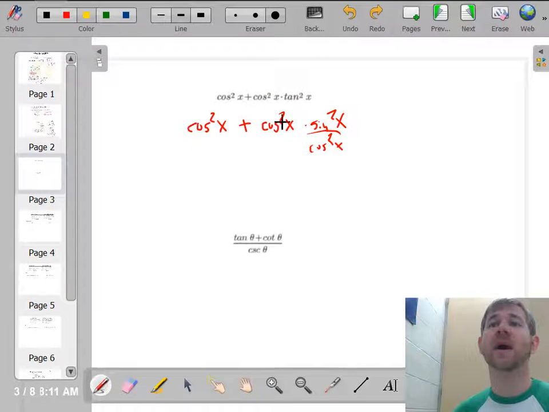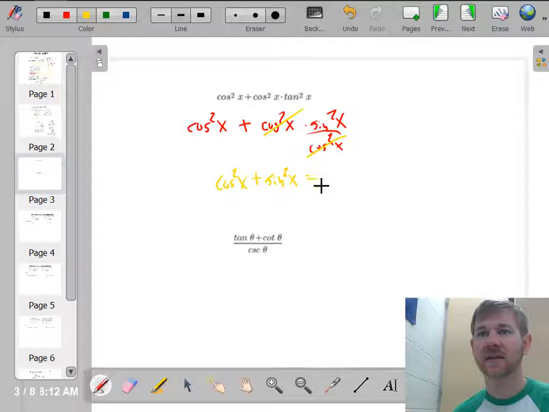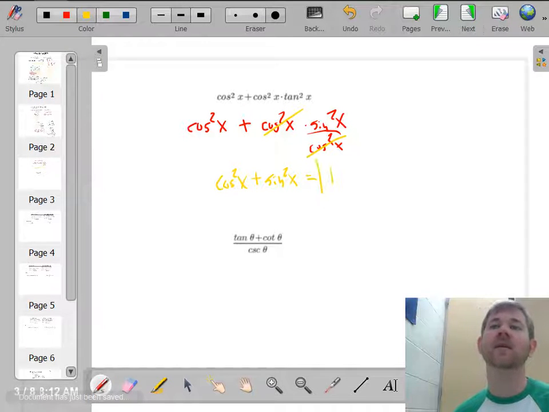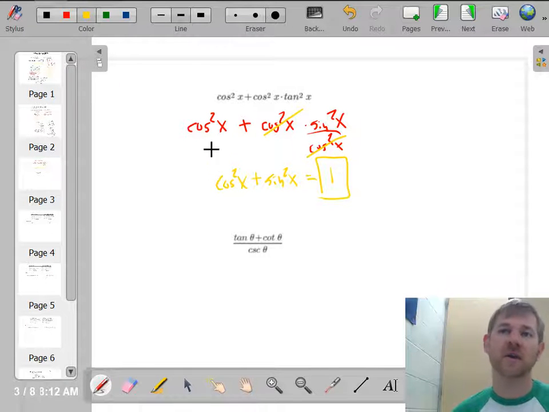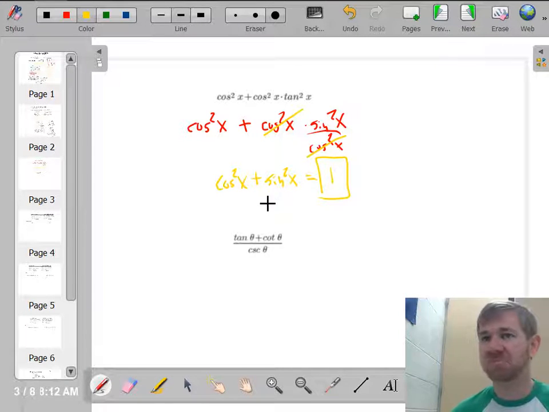When you do that, you have cosine squared over cosine squared. Those cancel out, and you're left with cosine squared x plus sine squared x. Hey, that's a thing. That's 1. We got it. You could have probably factored out a cosine and gotten there the same way, but that's